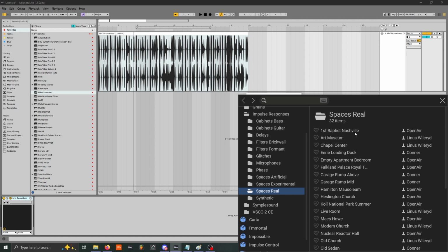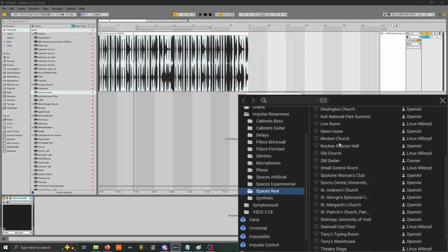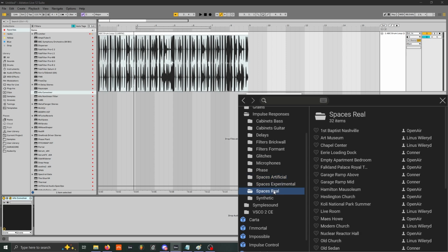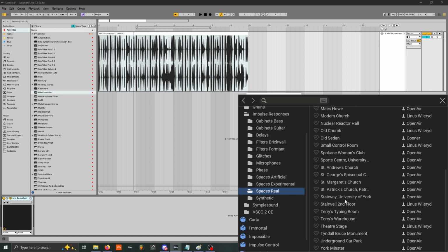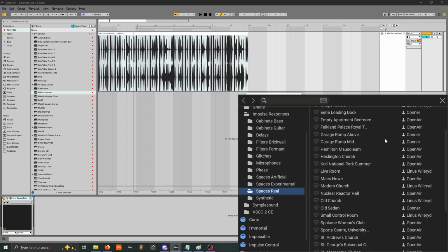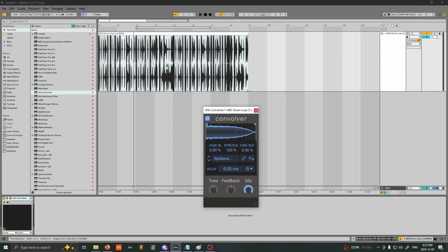In the sense that we can use this in a room reverb kind of context, these are a bunch of spaces that have been recorded or created. And these are supposed to emulate sound propagating in a room. So we have a bunch of garages, churches, universities, a bunch of different rooms. And we can see that applying this to our drum loop,